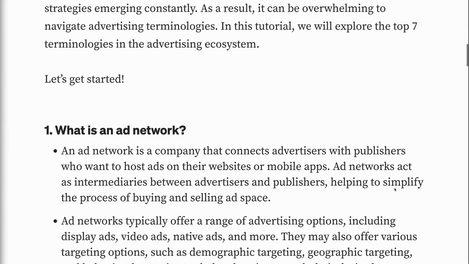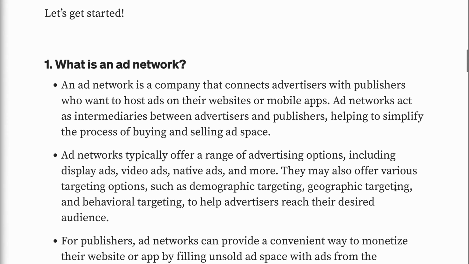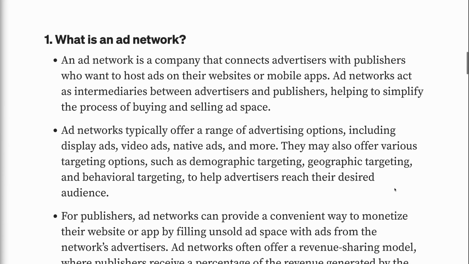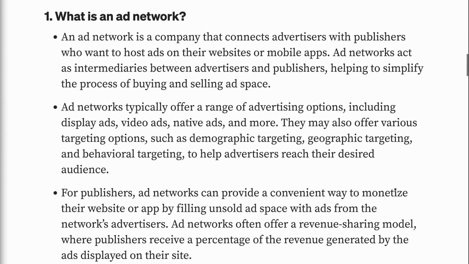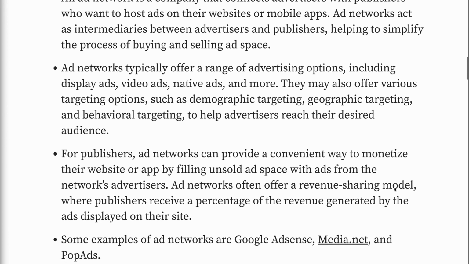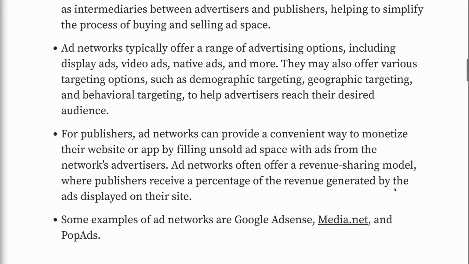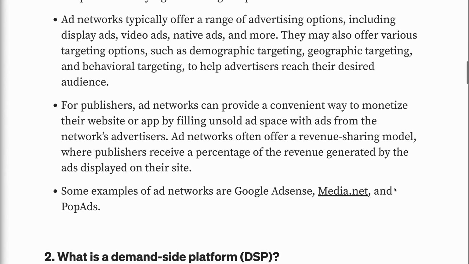An ad network is a company that connects advertisers with publishers who want to host ads on their websites or mobile apps. Ad networks act as intermediaries between advertisers and publishers, helping to simplify the process of buying and selling ad space. Ad networks typically offer a range of advertising options, including display ads, video ads, native ads, and more. They may also offer various targeting options, such as demographic targeting, geographic targeting, and behavioral targeting, to help advertisers reach